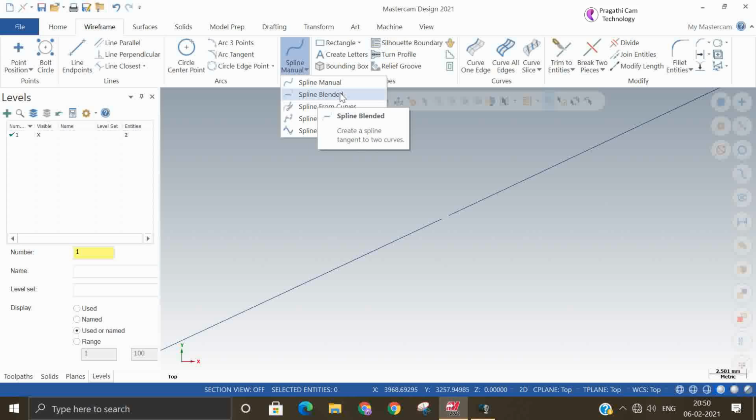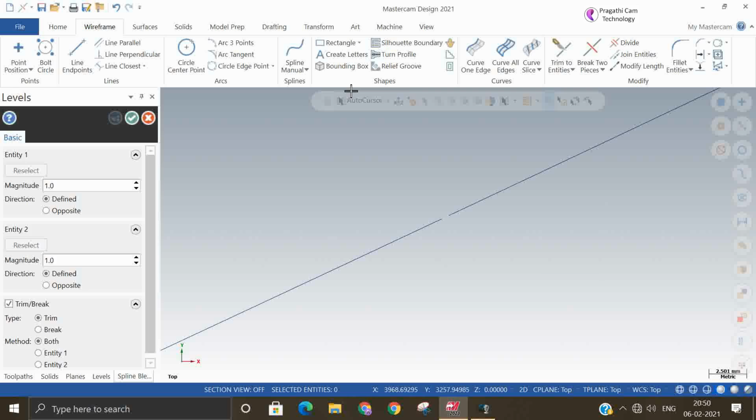So now we can select it. In many situations this will be useful to you, wherever there are broken situations on the line or the curve, you can use it. You can say blend spline and trim and blend. I will select from this point.